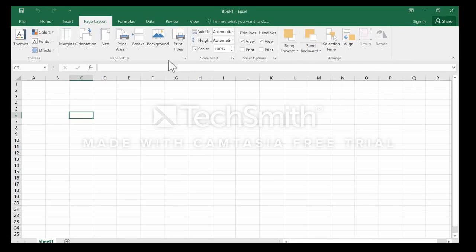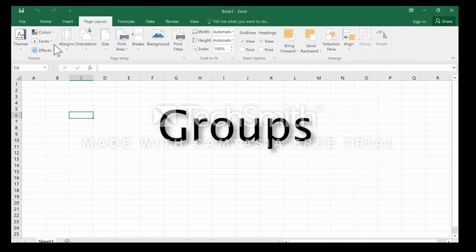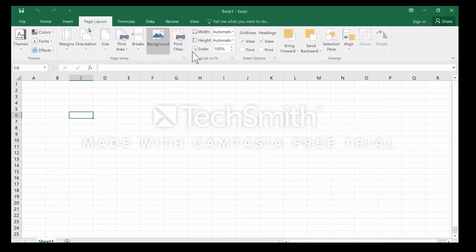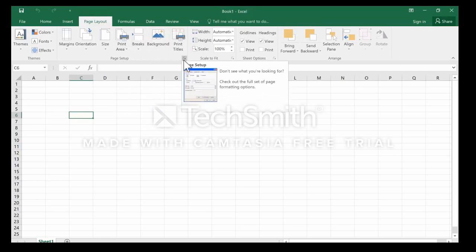Now, each ribbon is divided up into groups. So you can see I have a Themes group, I have a Page Setup group, a Scale to Fit group, and these are all on the Page Layout ribbon. And I get to that ribbon by clicking on the Page Layout tab. So those are some important terms that you'll need to know. Tab, ribbon, group. And you'll notice in the corner of some of these groups, there's what I like to call